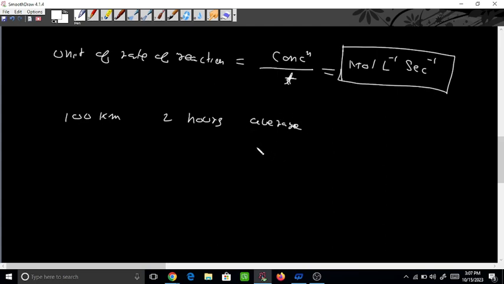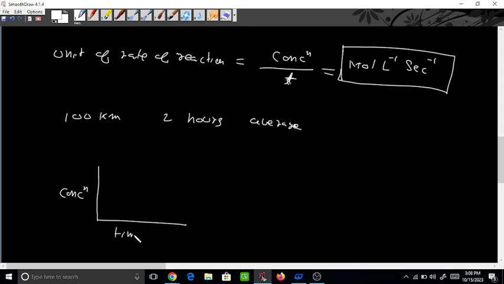So suppose I ask you, instantaneous, like at this moment, what is your speed? Instantaneous means you have to reduce this value. We will see from the graph, just see how the graph will look for reactant and product, then you will understand in a better manner. So suppose I draw one graph